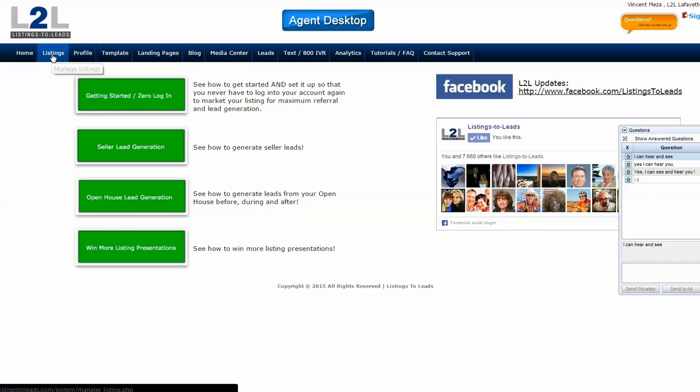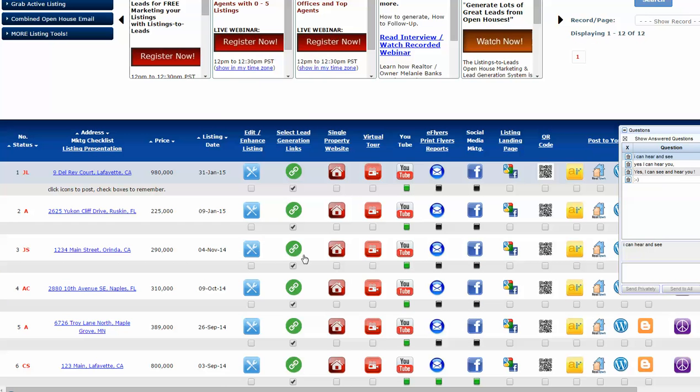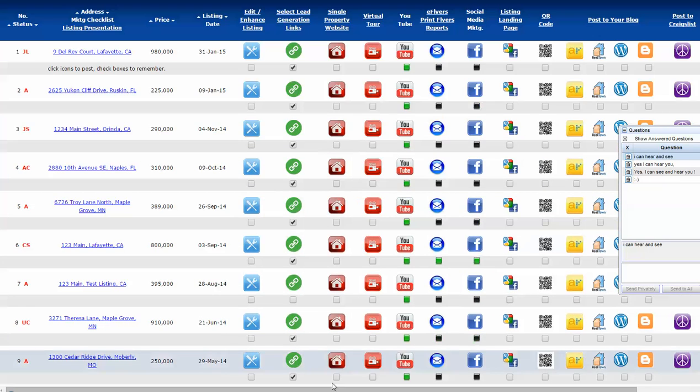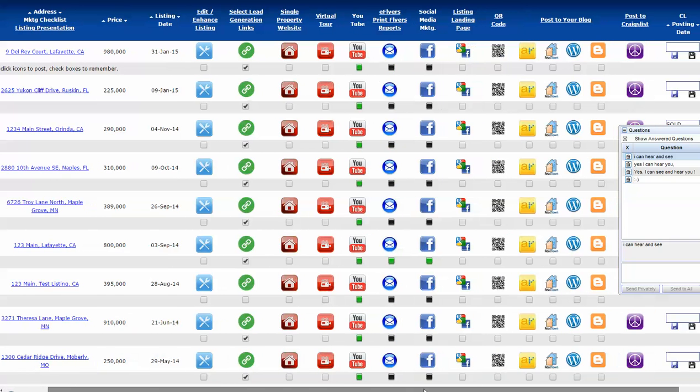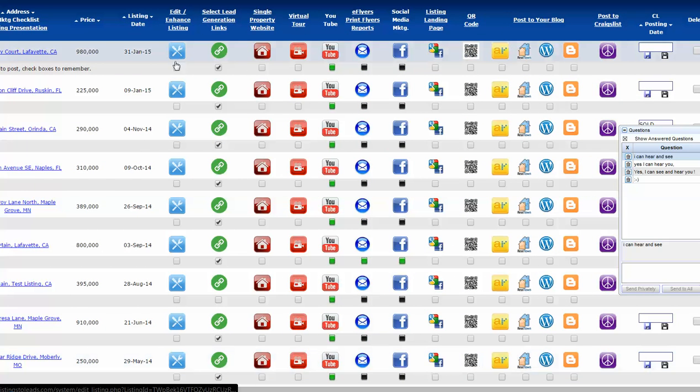The listings page is where your listings come in, and it's kind of the dashboard of where you're going to work from, okay? And you can see here that we've got a ton of tools. I'm going to go through them real quickly, and then we're going to dive into them. First button here is edit enhance listings. That's where you can change price, upload images, and put in an open house time and date right underneath this button, right? The next one is seller lead generation links, and this is one of the most important aspects